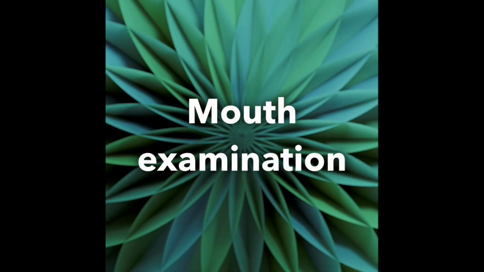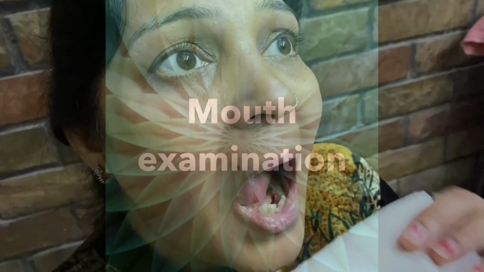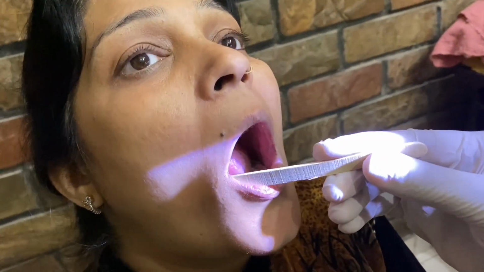Now we will do mouth examination. First, inspect the lips. Observe their color and moisture and note any lumps, ulcers, cracking, or scaliness. Watch for central cyanosis or pallor from anemia. Now inspect the oral mucosa. Look into the patient's mouth with a good light and with the help of a tongue blade, inspect the oral mucosa for color, ulcers, white patches and nodules.